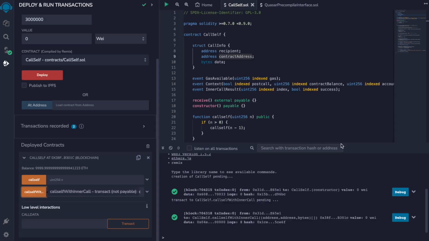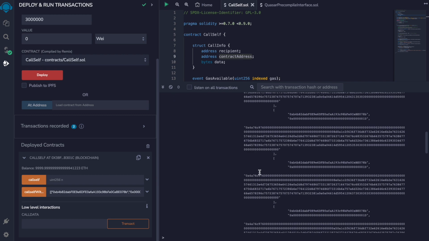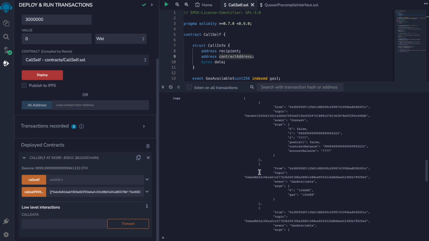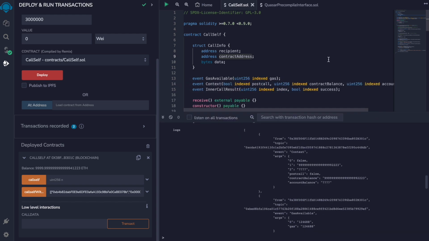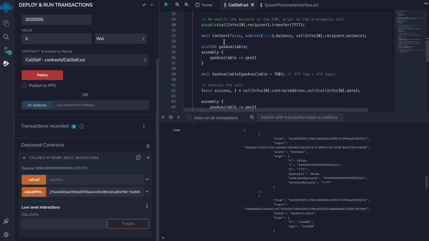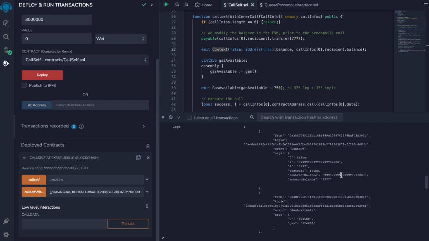But Remix can show us the logs in a decoded way. So let's look at what we find here. Let's see what we should find. We should find a context log, which is this, which gives us our initial contract balance, which is this, and the account balance.